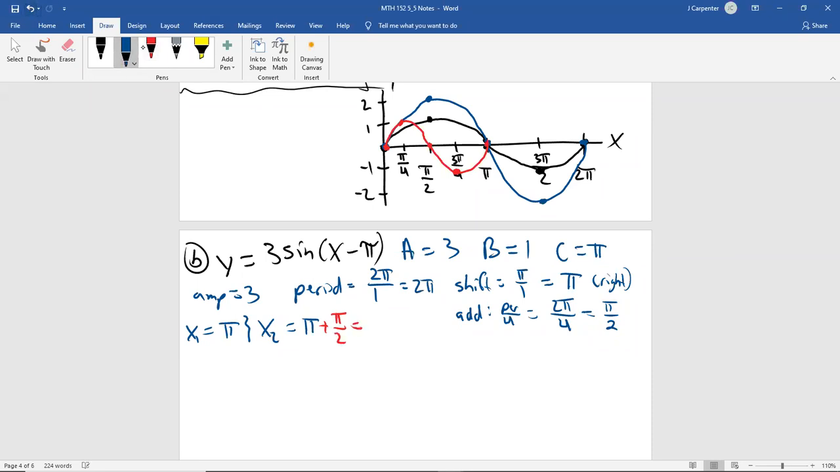Pi plus pi over 2, you're going to need an LCD, which will be 2, because this pi is pi over 1, if you need to think about it that way. An LCD between 1 and 2 is 2. For the first one, 1 will go into 2 twice. 2 times the 1 at the top is 2. So that makes that 2 pi over 2 plus pi over 2, which is 3 pi over 2. So that's the second point. The third point,